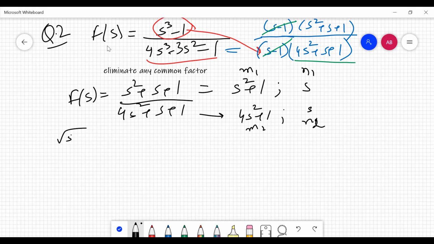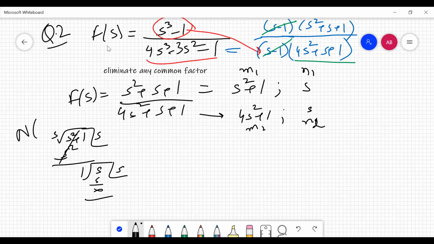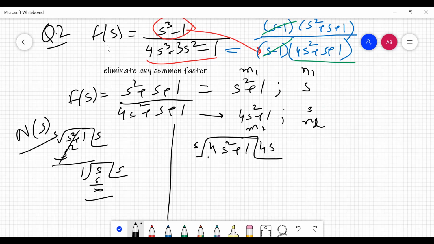s square plus 1 divided by s gives you, first, s, and then 1 cancels out and you invert. So you get all positive quotients, which means the numerator is a Hurwitz polynomial. Now we come to the denominator, whether it is Hurwitz or not. Again dividing by s gives the first positive quotient, then I go for the next step, and again you get the denominator also as a Hurwitz polynomial. So the first step is cleared, so it can be a positive real.